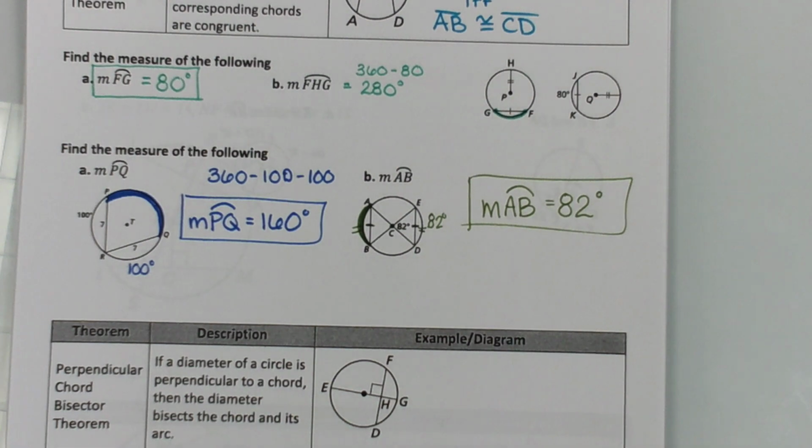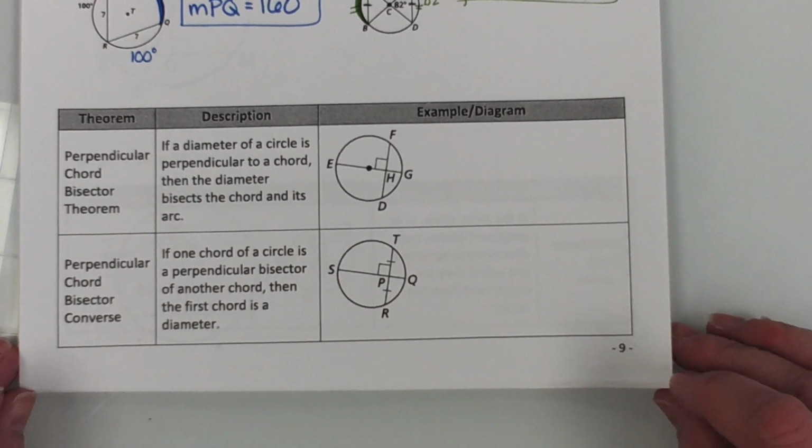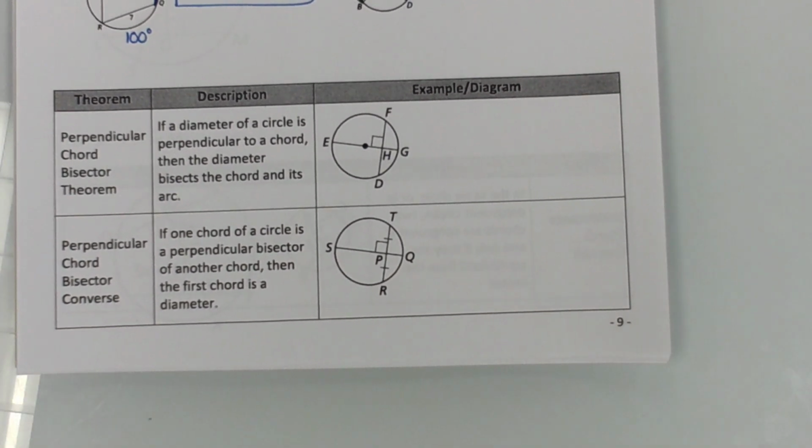Now, we've got a couple more theorems at the bottom of the page. The perpendicular chord bisector theorem and its converse. Now, this theorem states that if a diameter of a circle